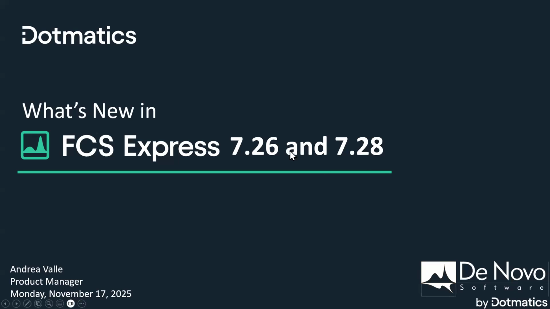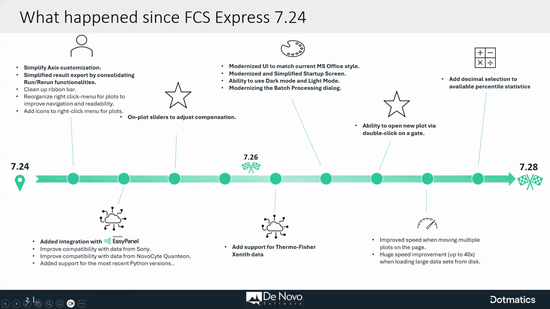So I want to go directly to the topic of today. You see, this is the path that we underwent to develop 7.26 and 7.28. There are a bunch of new features, a bunch of new usability improvements, as you can see here. We don't have time to go through all of them, so I just highlighted a few of them in bold. For example, I will show you a little bit about axis customization, a few simplifications about batch processing,